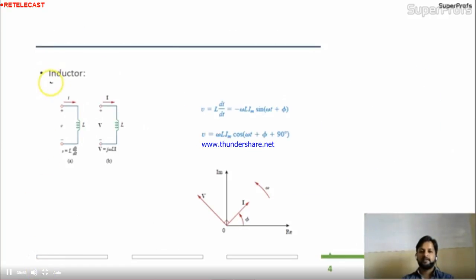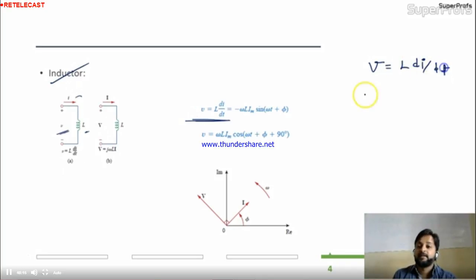Come to the inductor now. Here you can see the inductor. Current I is flowing in the inductor L and the voltage across the inductor is V. Now you know the relation between inductor voltage and current. V equal to L di by dt, correct? Okay, give me a minute. V equal to L di by dt, correct? So this is nothing but